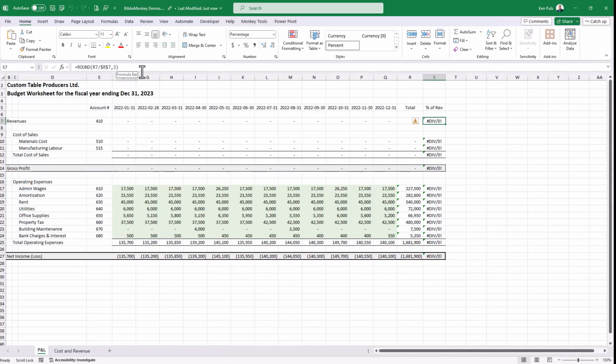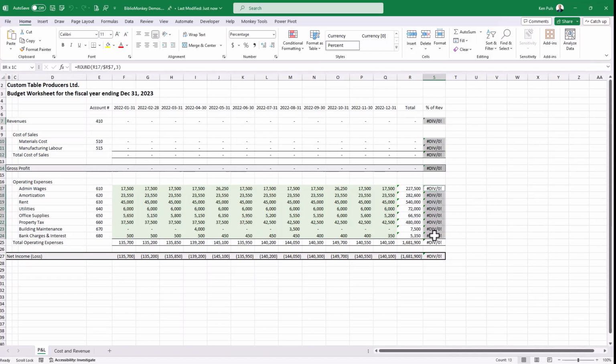Now, there are obviously better ways than what I'm going to do here to fix this, but I'm going to do this the cheap and easy way, which is to wrap it in an if error function that returns 0 if there's an error. And that will work for this particular setup. Now, here's the deal. I really want to be able to commit the same formula all the way down, but I can't do that because when we come to this row, it's not the rounding function. This is a subtotal. This is a different subtotal. This one here uses a straight out subtraction. So all these formulas potentially are different, but I want to wrap each one of them in an if error statement. So that would take some time unless we use Monkey Tools.